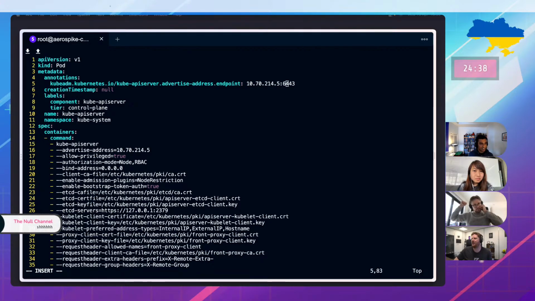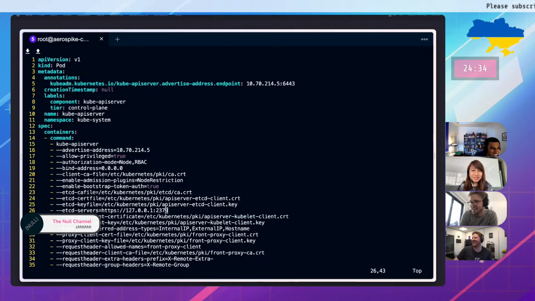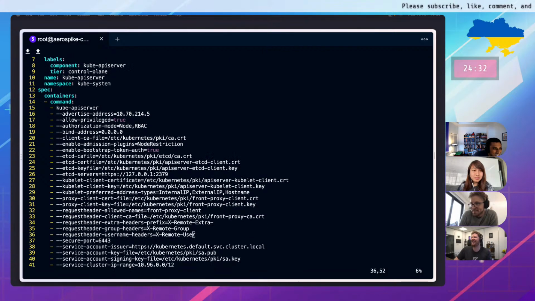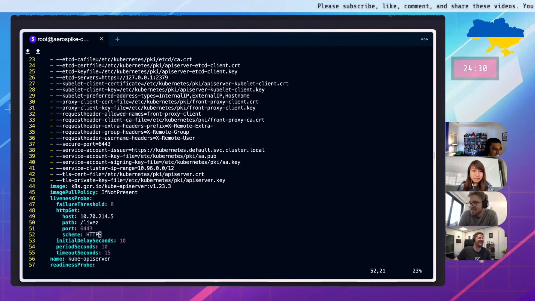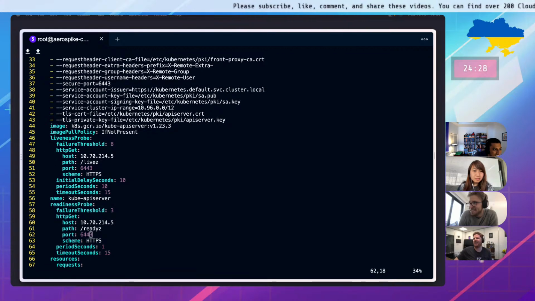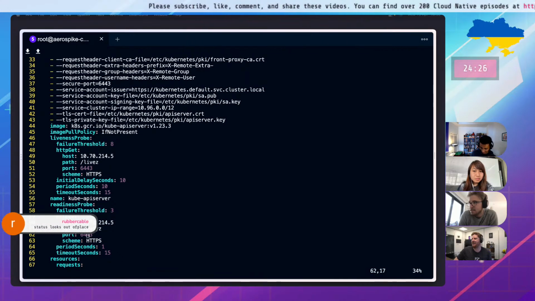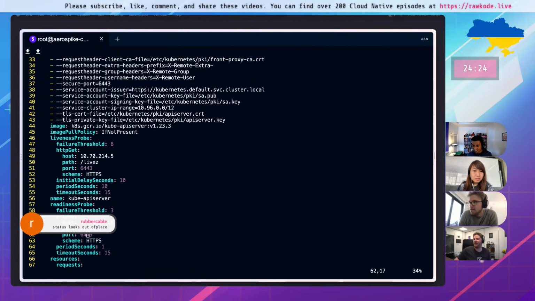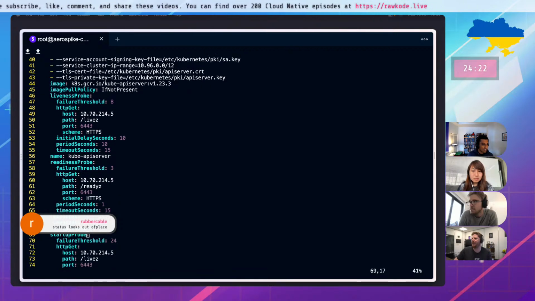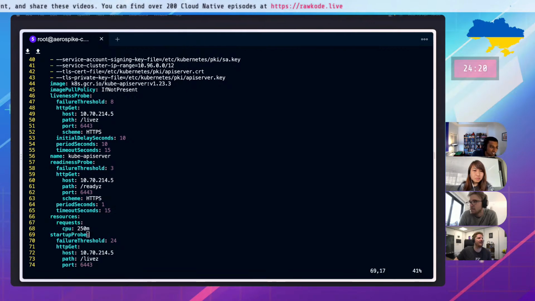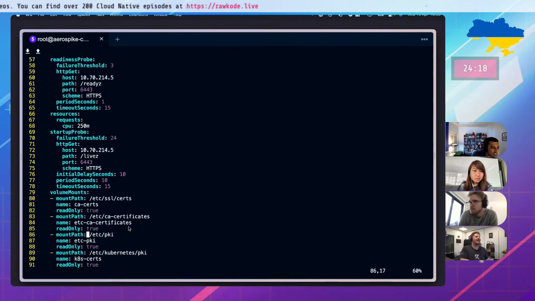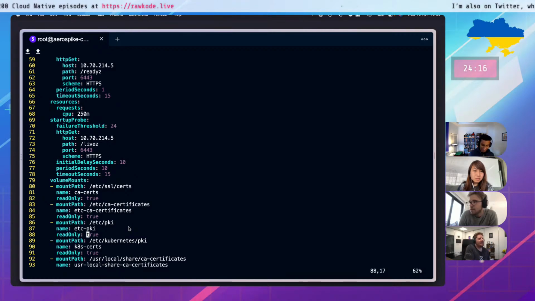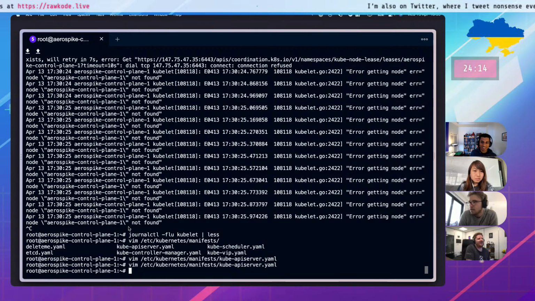And Team Aerospike shushing everybody in the comments. So Rubber Cable says the status looks out of place. It's okay for the status to be empty in this. I'm sure the status will get filled out later, right? So, faith. Maybe misplaced, but.